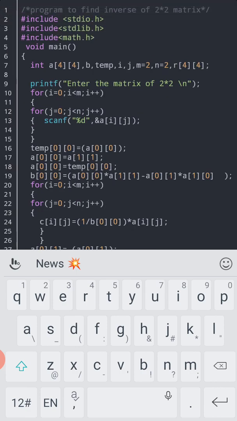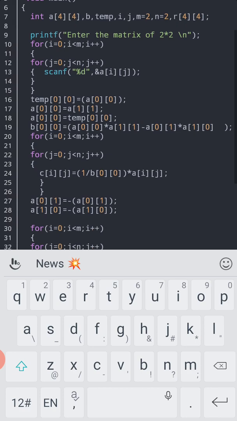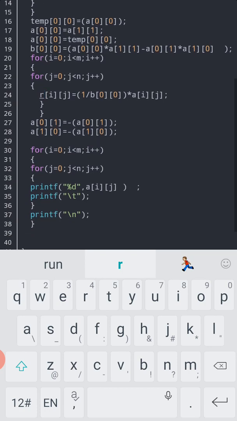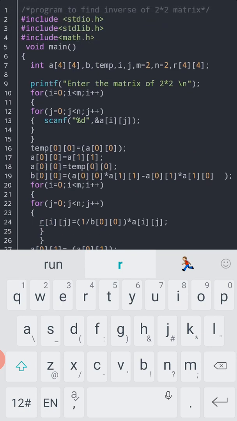Actually, C is not the result. It acts as a building block. Next, I am using a printf function to take the input of the 2 by 2 matrix, which is to be converted into its inverse.